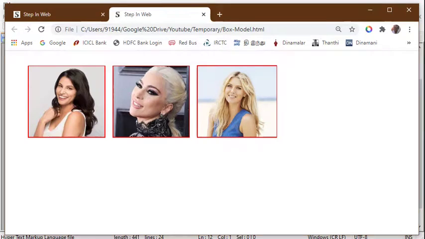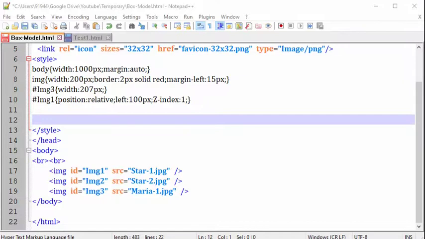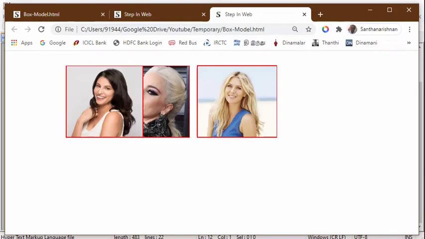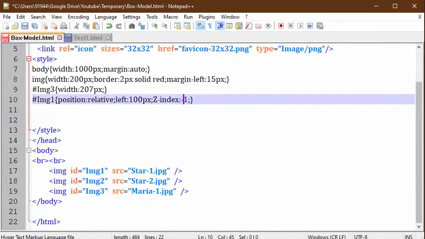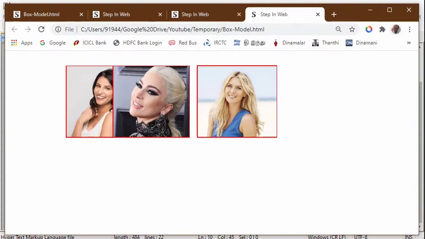Now we will test it here. Now I am planning to move image 1 with a relative position. It moves left 100 px. For that I provided a z-index of 1. We will run this code. You can see now that the first image is moved towards the right-hand side and it overlaps the second image. Since I put a z-index of 1, the image is showing above the second image. Now I will change the z-index to -1, then you see that the image has gone behind the second image.